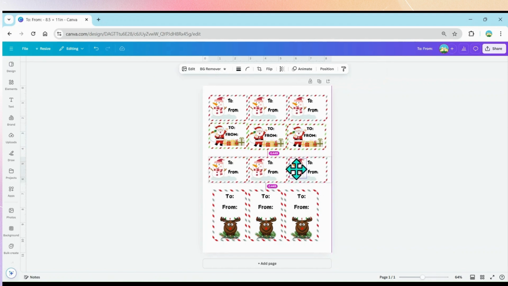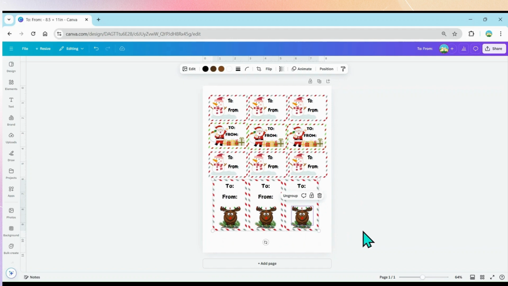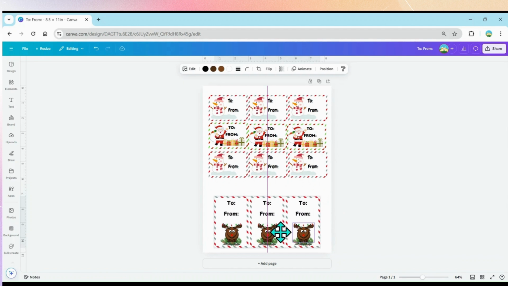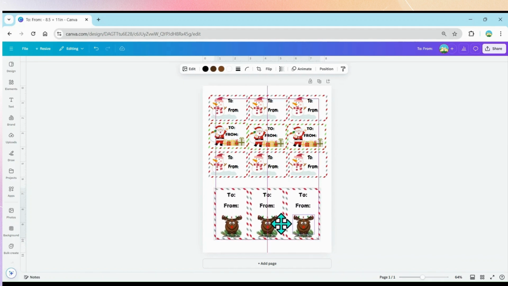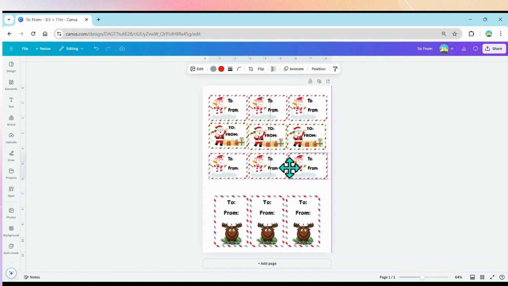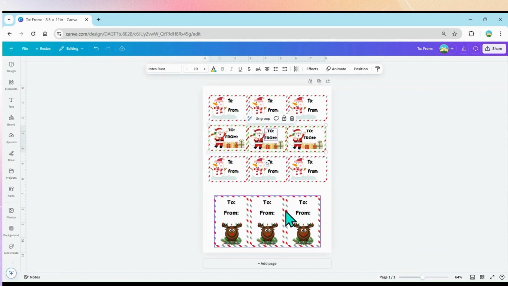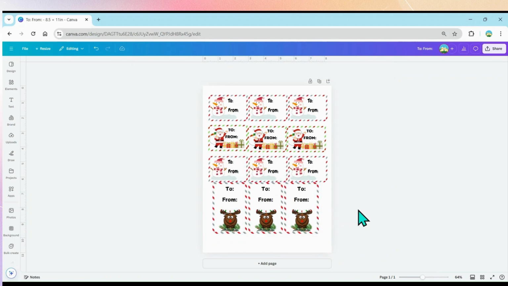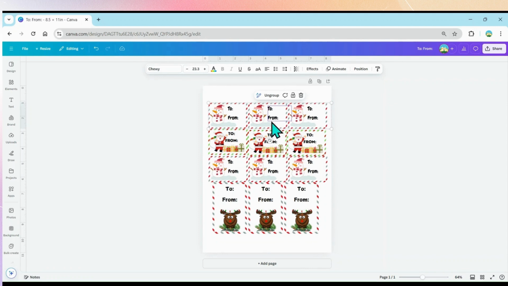All right, so right here, I'm going to put them in here like this. And then if I want to add another one, it will have to be tiny. So I probably don't want to do that. So I'm just going to give them a little bit of space, but I do want one cut in here. So I'm just going to place it like that. So I do have one cut between my